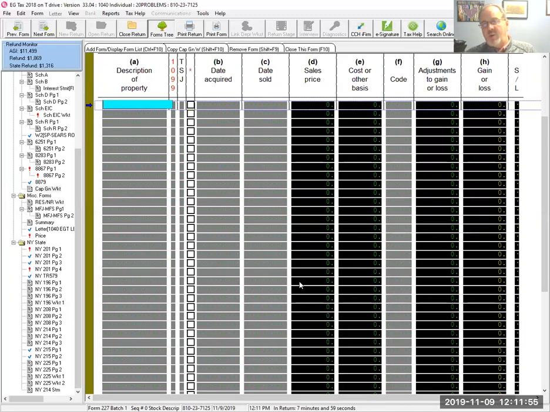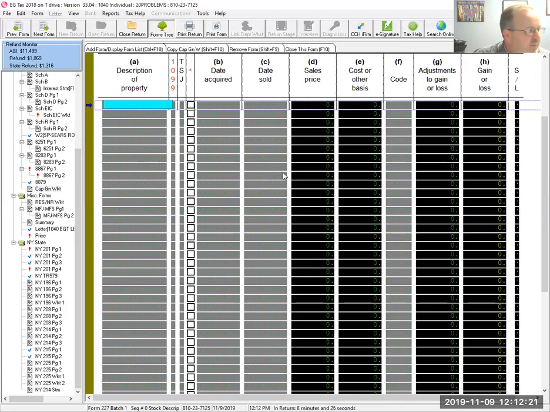They will then flow to the 8949 and eventually to the Schedule D, and then finally to the 1040 page 2. But this is where we're going to do all this work on our capital gains. In this case, we have this stock. Smith Barney is our broker. We look at 1A. We have a description there that says that it is,